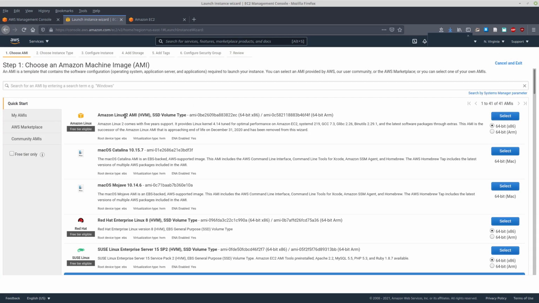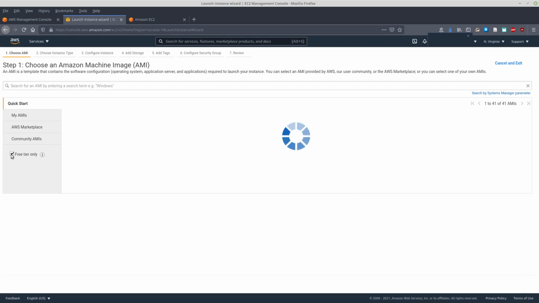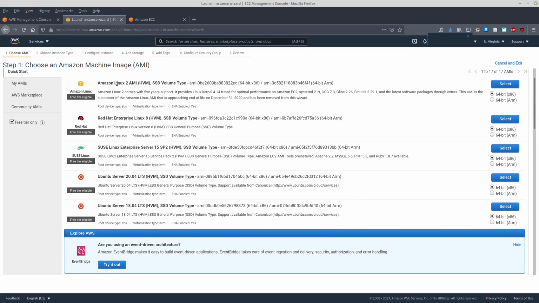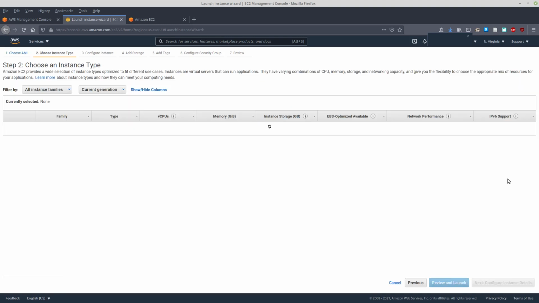And I got various choices here, but I'm going to choose only free tier access. So in that we have Amazon Linux AMI, Red Hat, SUSE, Ubuntu 20.04, Ubuntu 18.04. I'm going to choose Ubuntu 20.04, 64-bit x86. After that,